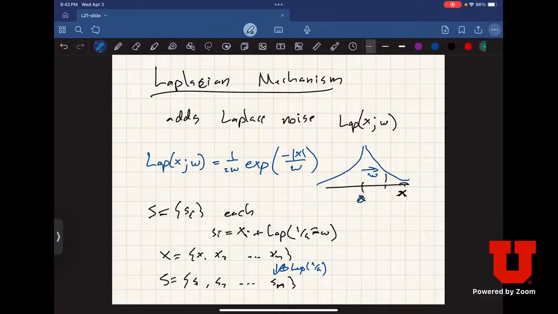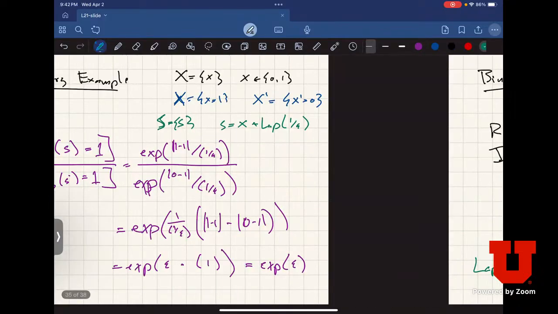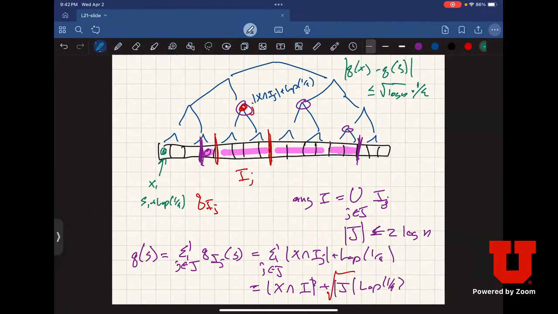When I add noise in this binary tree, I can combine queries to get a better estimate on individual things. I have to be a little bit careful about this, so the error is not quite as good as I did here, but conceptually this is how it works. Okay, so we'll stop here for the extra